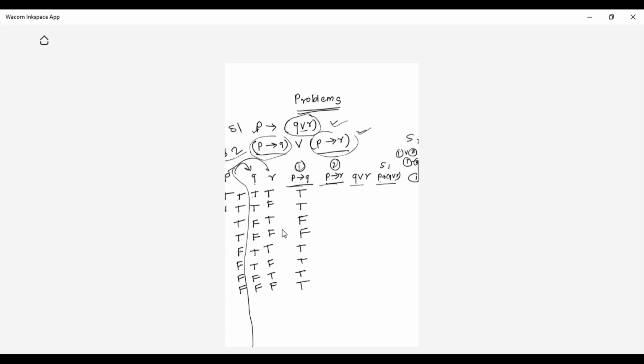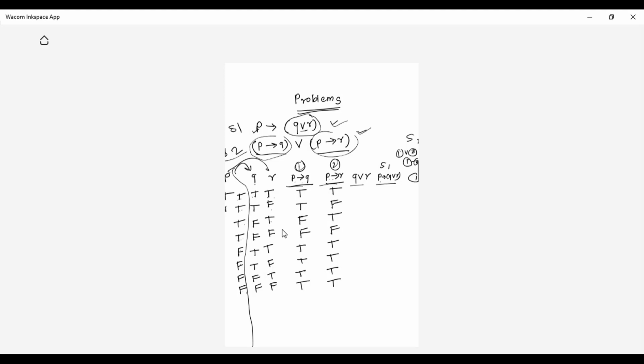So this T and this T, I have to compare the first column and the third column, right? So true, true, true, true, false, false, true, true, true, true, false, false, and then again all F, right? P to the R, all F. So obviously all the remaining values would be true. Only for true, false, we need to check. Okay, this is the P to the Q.